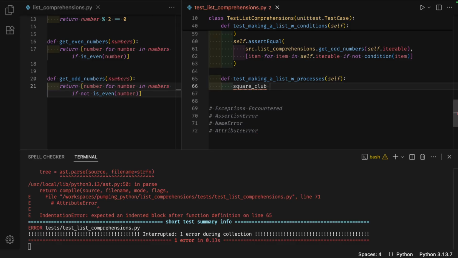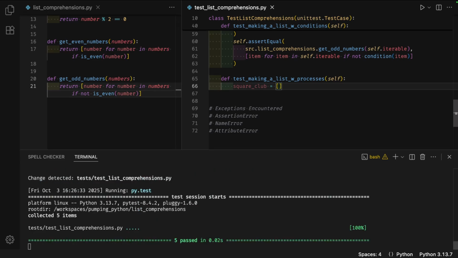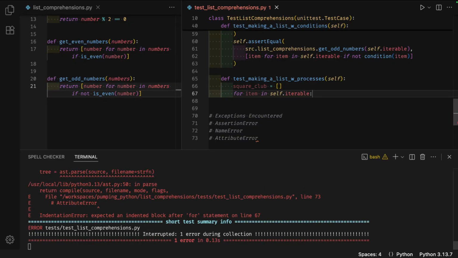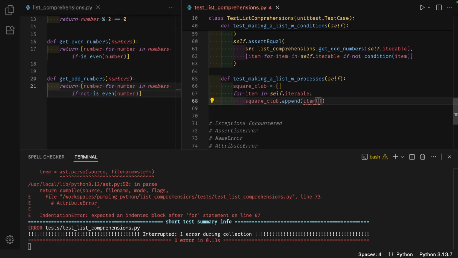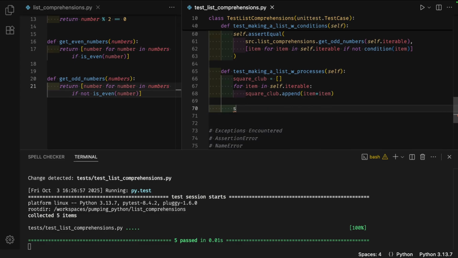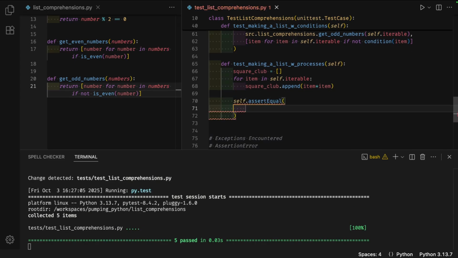square_club = []. For item in self.iterable: square_club.append(item * item). Enter twice, backspace, self.assertEqual(